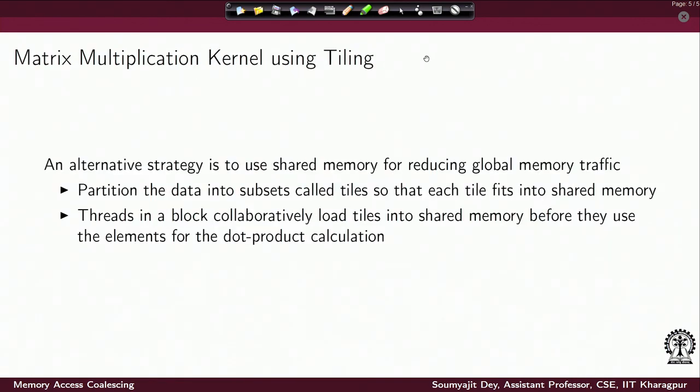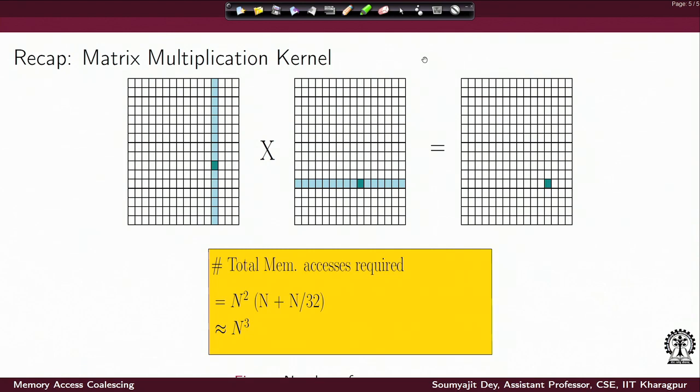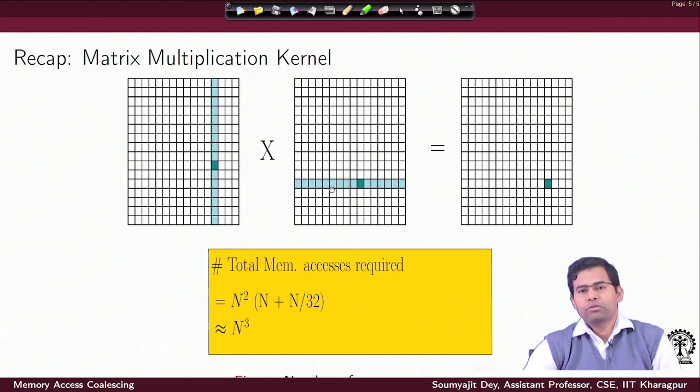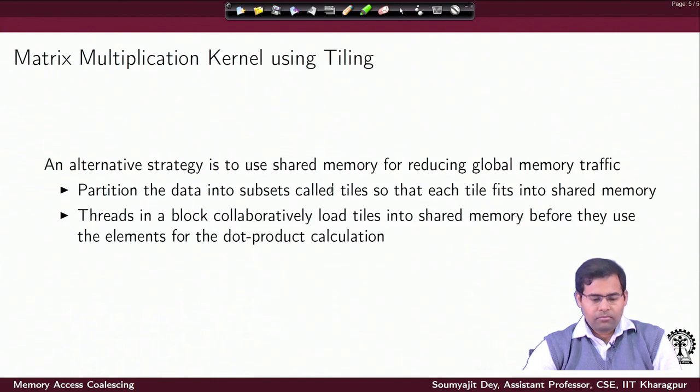Okay. Now, we would like to exploit two things here. First of all, the fact that consecutive accesses in the row are going to be coalesced, and the other fact that we were discussing earlier, that I can make use of the shared memory, threads inside a block can collaborate among each other, and in that case many of the global memory loads would be replaced by the shared memory load, and that would provide a lot of acceleration in terms of the execution of the code, right. So, if I do this optimization, then what we get is an algorithm for doing matrix multiplication using tiling.